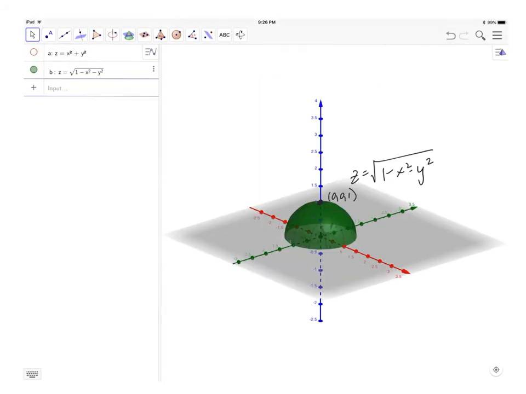The next one is the square root of 1 minus x squared minus y squared, and you'll notice it looks like a hemisphere, half of a sphere. And in fact, that's true. You get the top half because we can only take square roots of positive numbers. So if you're only taking the square root of a positive, the output is only going to be positive. So you notice the hemisphere lies completely above this xy plane here, right? Here's the xy plane. And so the hemisphere lies above. It sort of sits on the floor of the xy plane.